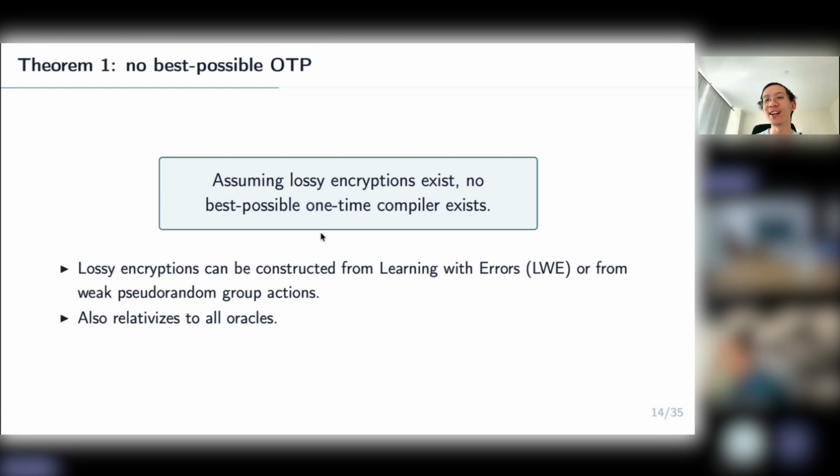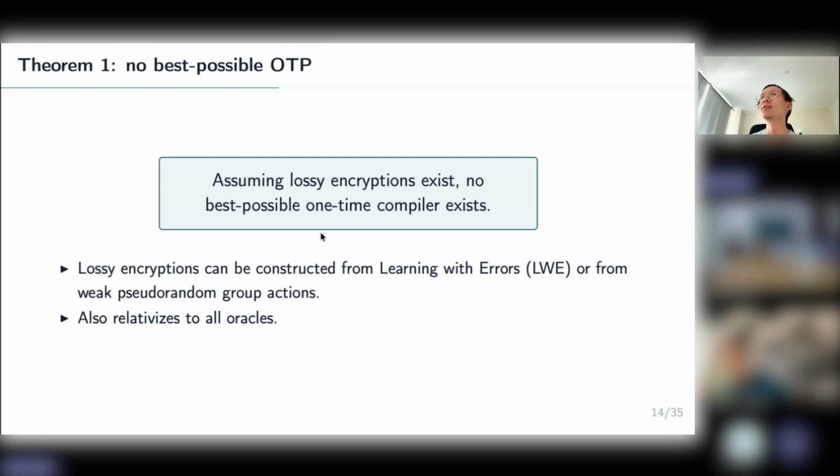So we are not ruling out that for every functionality, there is some way of achieving the best possible security notion. Once you cater your compiler to the specific functionality, that's not what we are ruling out. We are ruling out a single compiler that achieves every best possible security, which is what you get classically for many-time obfuscation. Yeah, thanks.